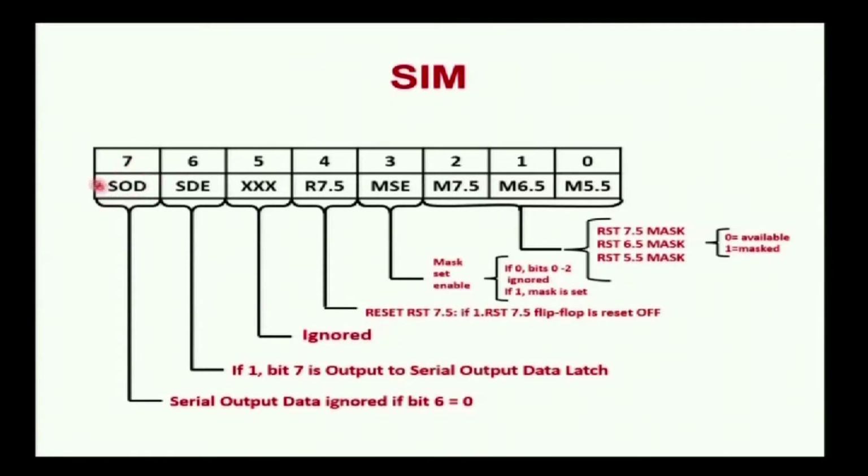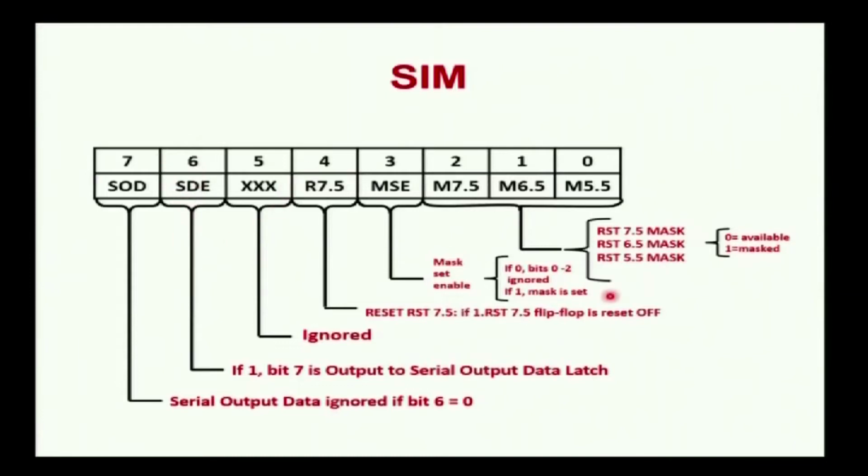The D7th bit position is serial out data. Based on the name, you can understand that serial out data means the data is transmitted from the peripheral device to the output device. If it is 1, it will send the data from the peripheral to the output device. Once the D6 position is 1, it will send the data. If it is 0, it will be ignored. That is why the D6th bit position is named as the control bit for serial data transmission.